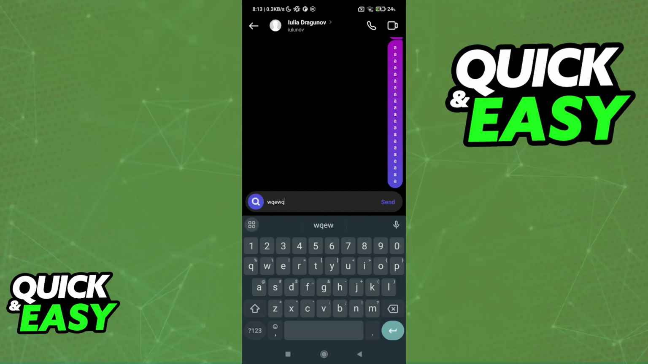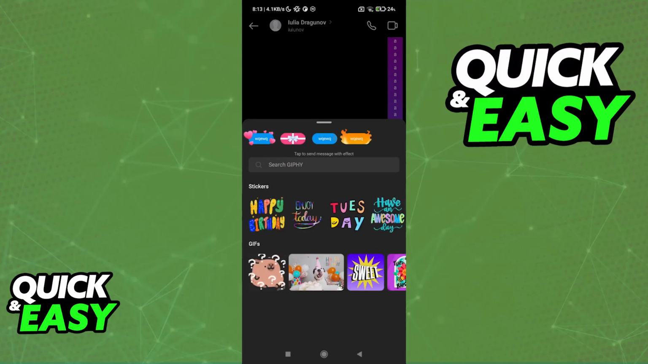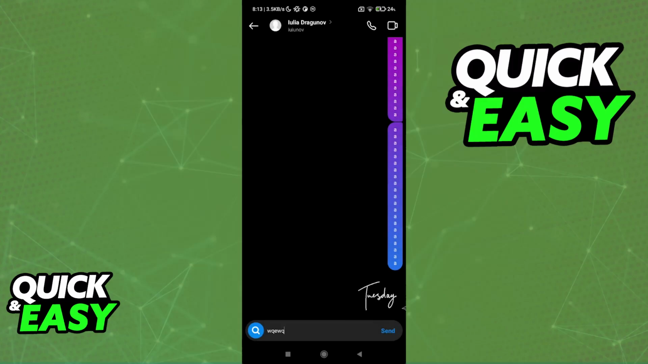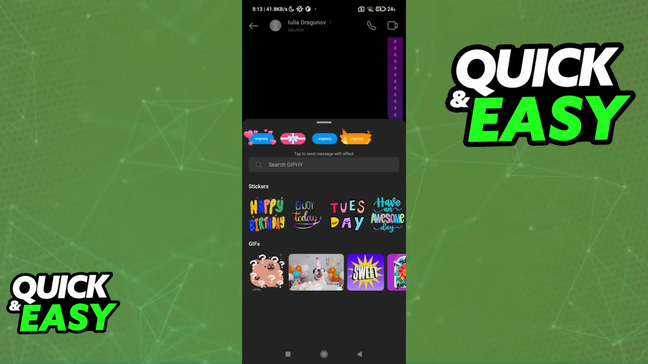So you can type whatever you wish to say, and then if you tap this little magnifying glass icon, as you can see on the left, you will be able to choose from various effects. So first, you will notice the stickers. You can send these if you would like. As you can see, they look cool as well, but the actual unique message effects are going to be at